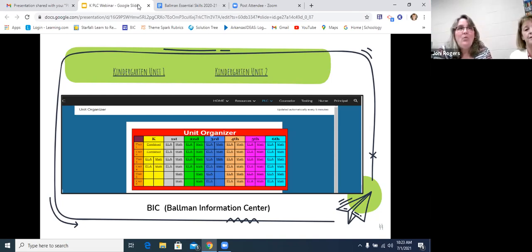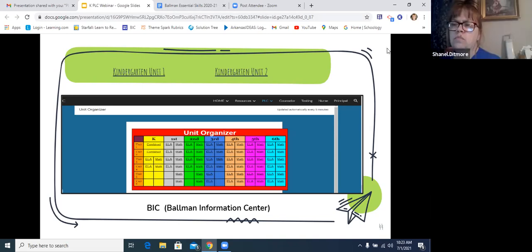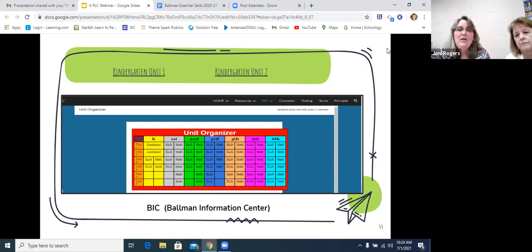We are very fortunate that we get to choose what works best for our students. In the Little Rock School District, we're given more of a map of the things we're supposed to teach in a certain amount of time. We get a curriculum map that says you have 9 weeks to teach this set of skills, and these are the resources you're supposed to use. You can add stuff, but this is what you're directed to use. Does that make sense? Yes. And we have that too. And one of the things we have to really understand is that we're the educator.